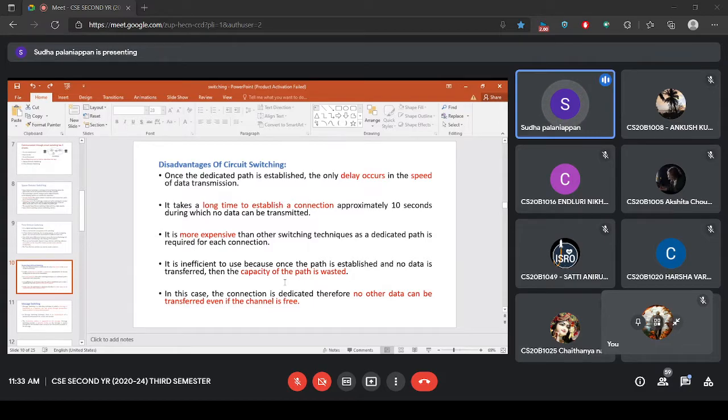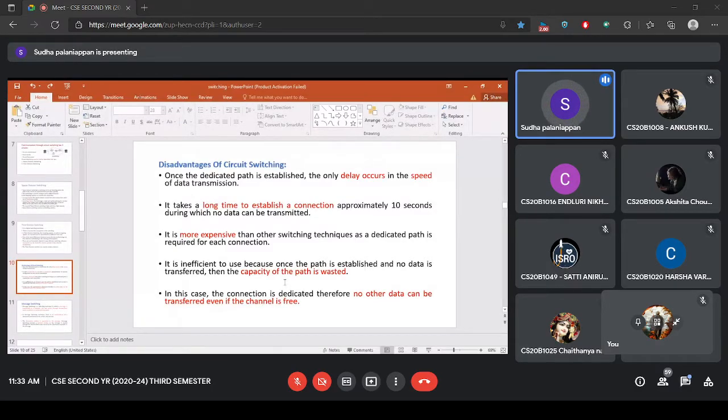Small, otherwise the one message, if you want to send one message, then you have to establish a connection between two devices. So you have to provide one dedicated path for that, right? So it is inefficient, and no other data can be transferred even if the channel is free, right? The channel is said to be dedicated, so that no other data can be transferred, even if the channel is free,